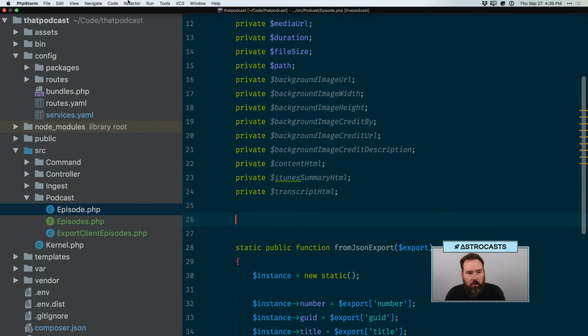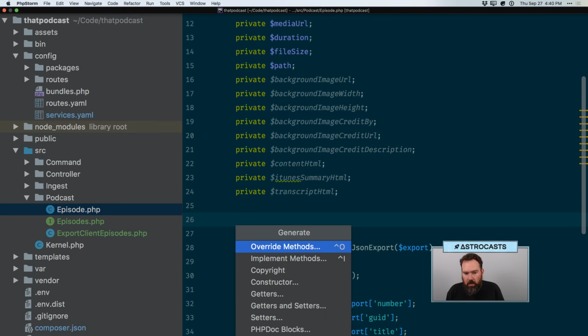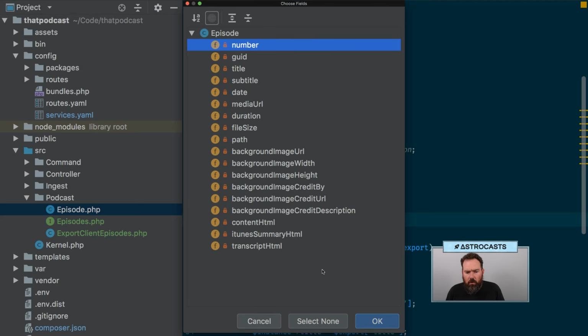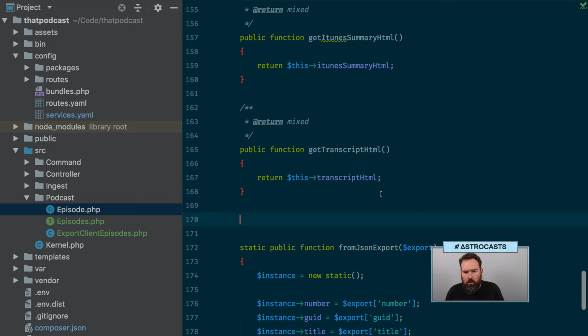Blanking on the hotkey for that, so let's do code generate getters, and let's get them all. All right,